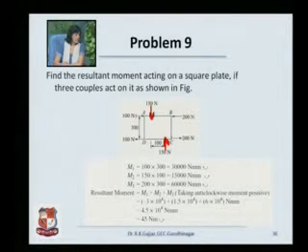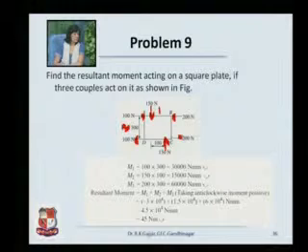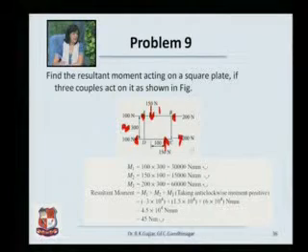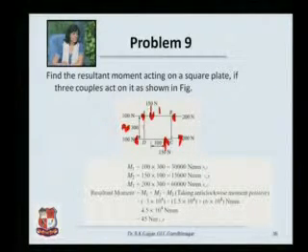Another force of 100 Newtons, force of 100 Newtons. Another couple. Third couple, 200, 200. Only thing is, for each of them you have to find out the moments and add them. But you cannot simply add them because you might take the directions in the wrong sense. So first of all we have to identify which couple is acting in which direction.